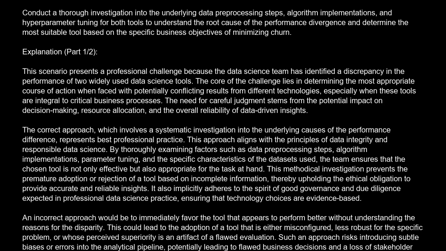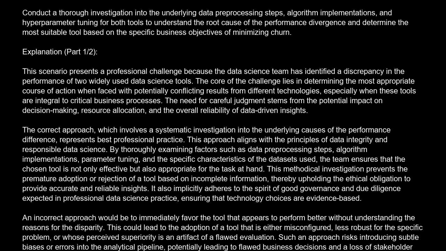performance of two widely used data science tools. The core of the challenge lies in determining the most appropriate course of action when faced with potentially conflicting results from different technologies, especially when these tools are integral to critical business processes. The need for careful judgment stems from the potential impact on decision-making, resource allocation, and the overall reliability of data-driven